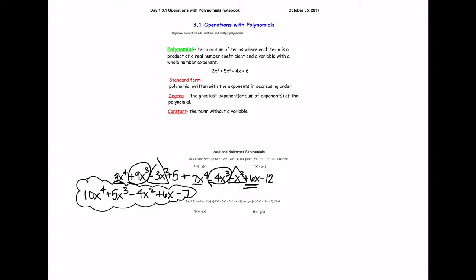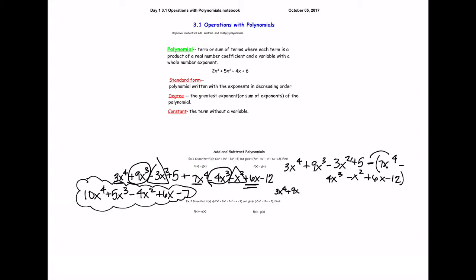our constant. To subtract these two functions, we would take 3x to the fourth plus 9x cubed minus 3x squared plus 5. We're going to subtract, so everything from our g of x function we want to put in parentheses. 7x to the fourth minus 4x cubed minus x squared plus 6x minus 12, because you need to distribute that negative to everything. So we have 3x to the fourth